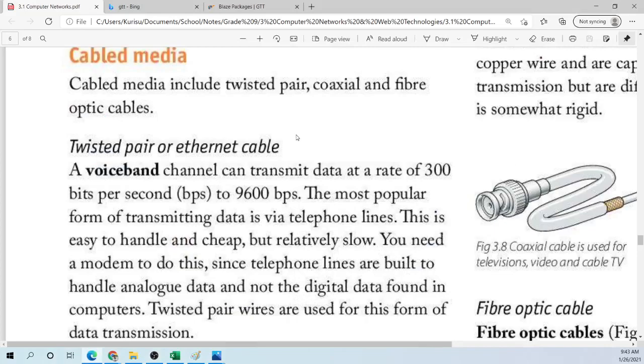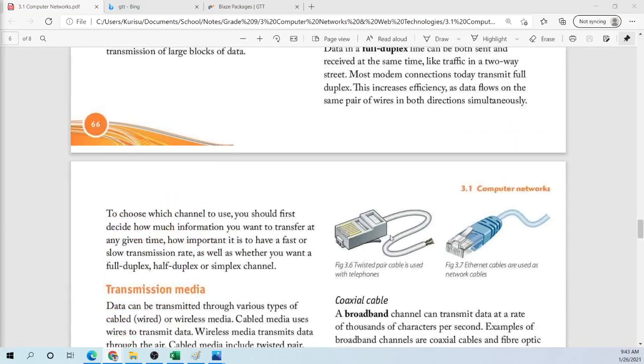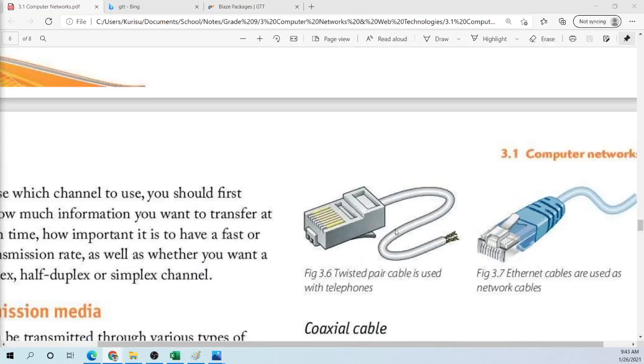You guys following? Yes, sir. Yes, sir. Good. So you should have an idea what the twisted pair cable is. I think there's an image here also. Yeah. So this is the image here of a twisted pair cable. This is what will go into your modem and inside of your router. Even your desktop computer, your laptop, this same cable here will plug into your desktop or your laptop, and that is the Ethernet cable or the twisted pair cable.